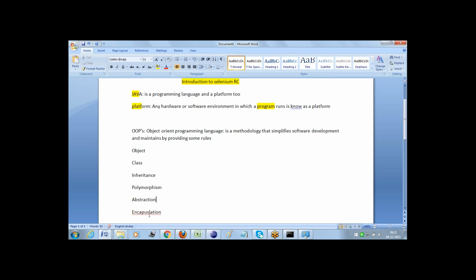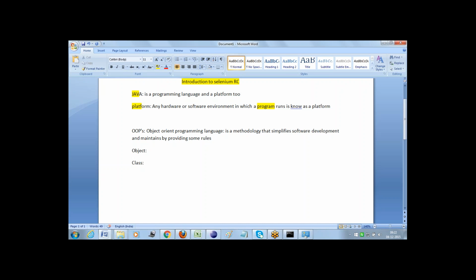So these are all the various kinds of OOPS concepts we have right now. From this list, we are going to see what is an object, what is a class, and why we are going for these objects and classes.